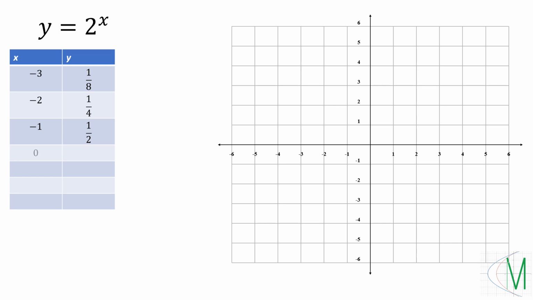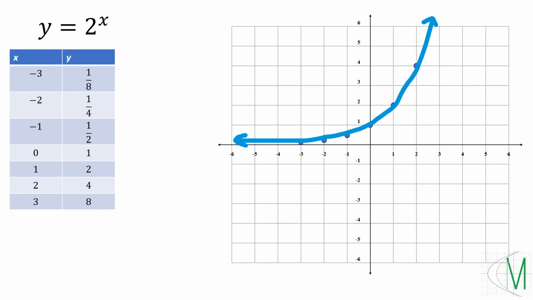So I'm going to go through the rest of these pretty quick here. You plug in 0. Anything to the 0 power is 1, except for 0, but we're not worried about that right now. Plug in 1, 2 to the first is 2. Plug in 2, 2 squared is 4. Plug in 3, 2 to the third is 8. So we'll plot all the points. Now, my graph isn't quite big enough for the 8, but I'll plot the rest of the points. I get -3, 1/8, and then -2, 1/4, and then I can keep plotting all of these points,